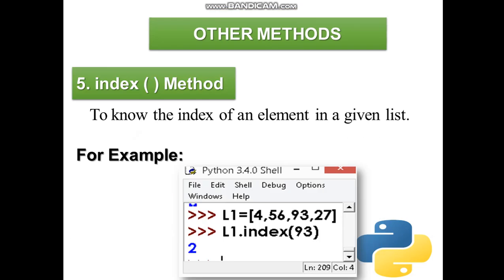Now next method is index method. Suppose we don't know the index of any particular element and we want the index of that element, we can use the index function. So here we have to pass the value of that element, then it will give us the index at which position it is present. For example, see, we have list L1 and I'm writing L1.index(93). That means 93 is my element. I want the index of that element, so it will give me that at second position